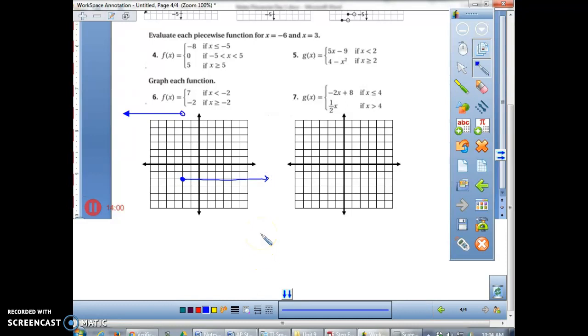Okay, what about number 7? X is less than or equal to 4. So this might be a good one where I could do what? Plug in a 4. When I plug in a 4,